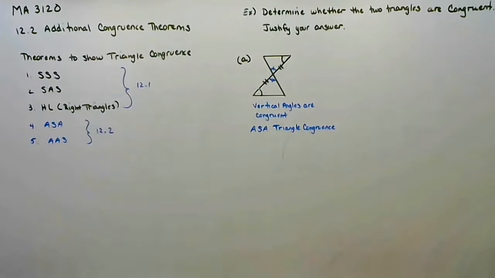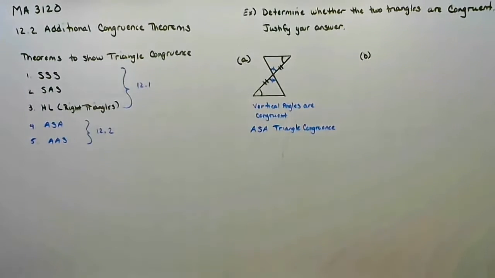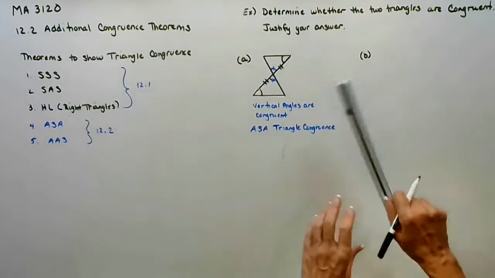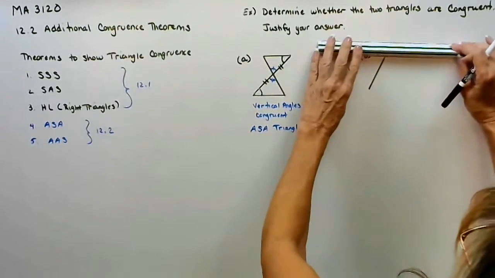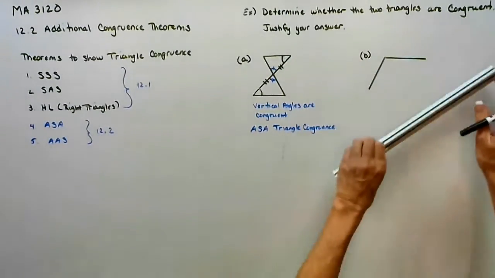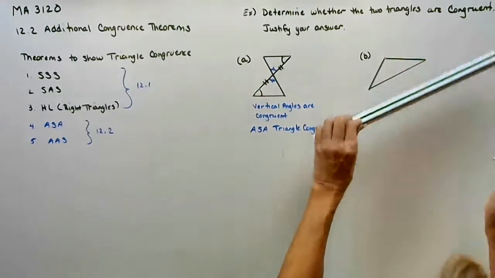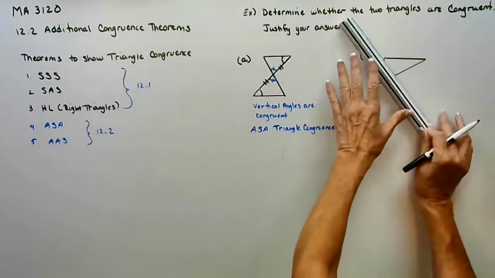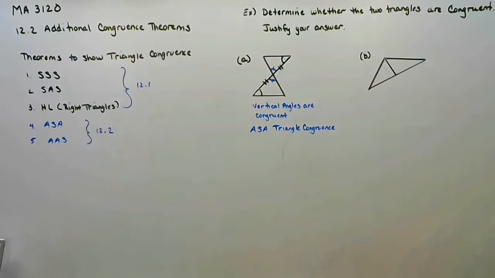So they are congruent by angle, side, angle. Another picture, see if I can try to draw this one. I gave you these two sides. I gave you a third side. And I gave you,